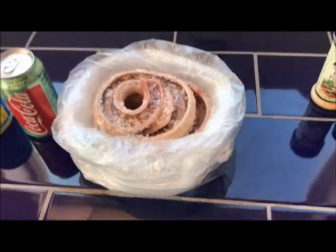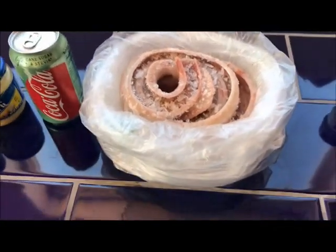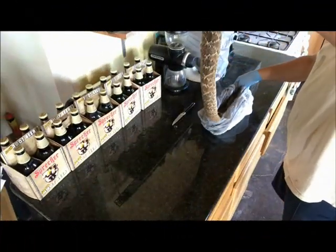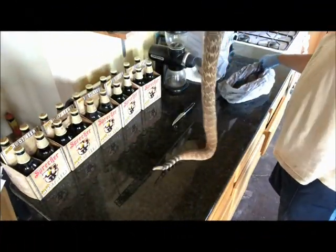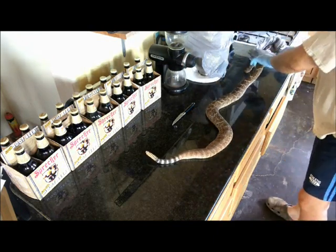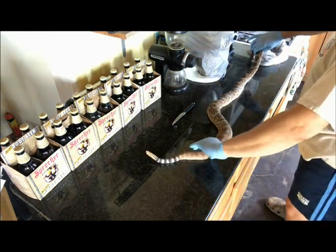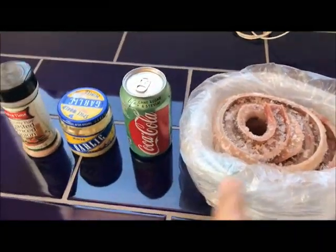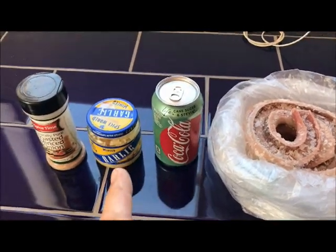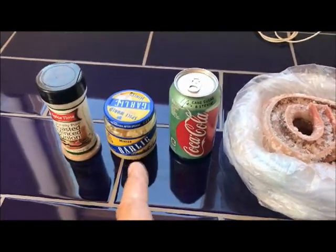Marinating and cooking the rattlesnake we caught. You've got to take a look at the video that shows us butchering. And I decided that, wow, this thing is still moving. Oh, this is creepy. Anyway, we're going to be marinating it with Coke, and we'll have some fresh garlic